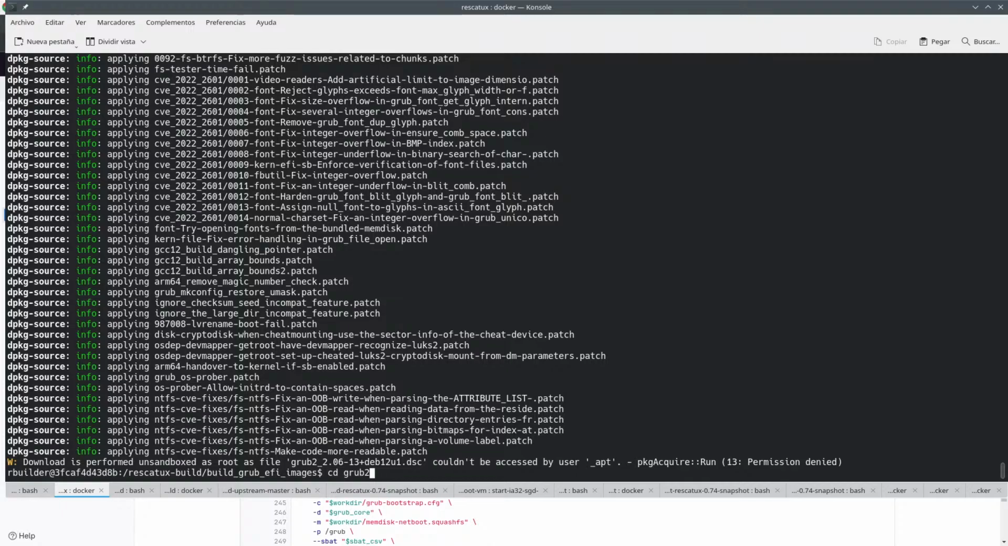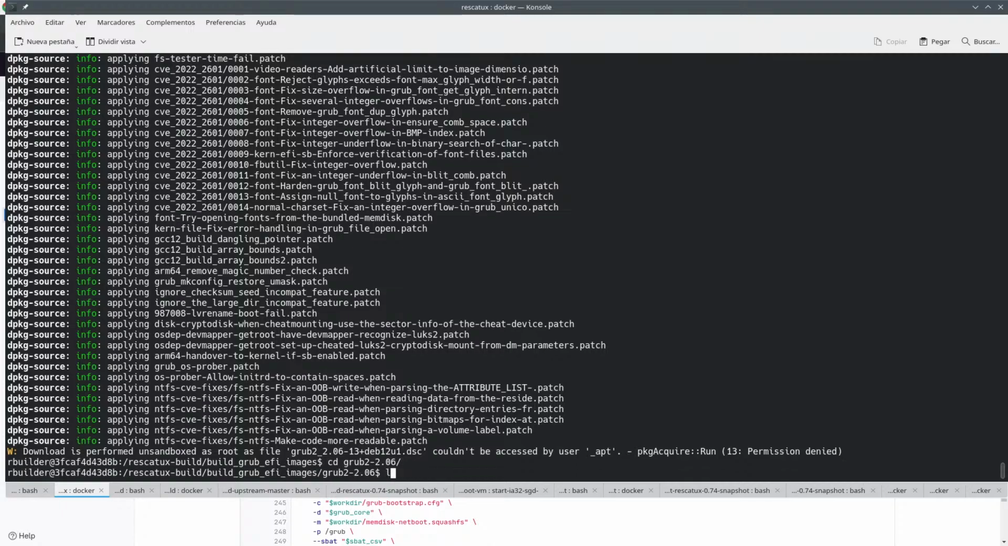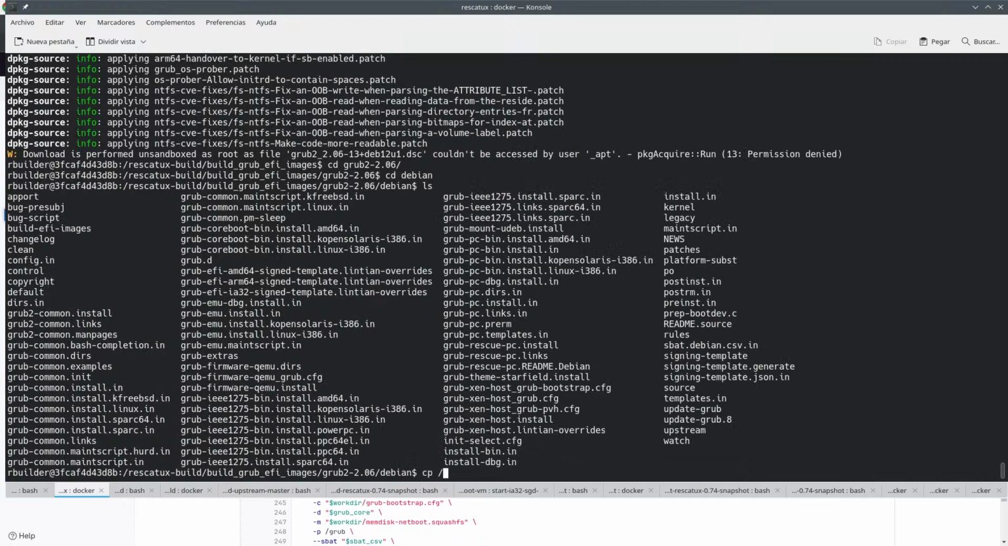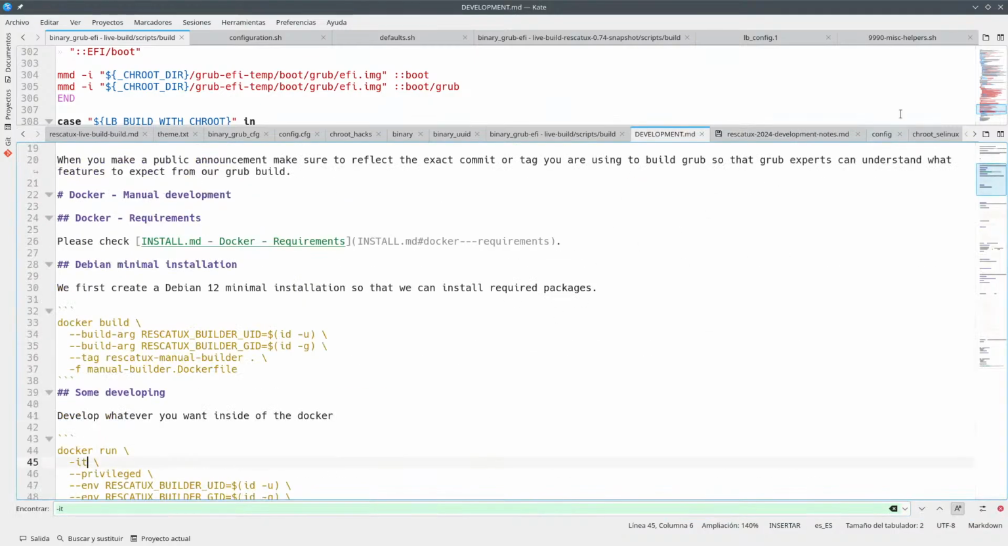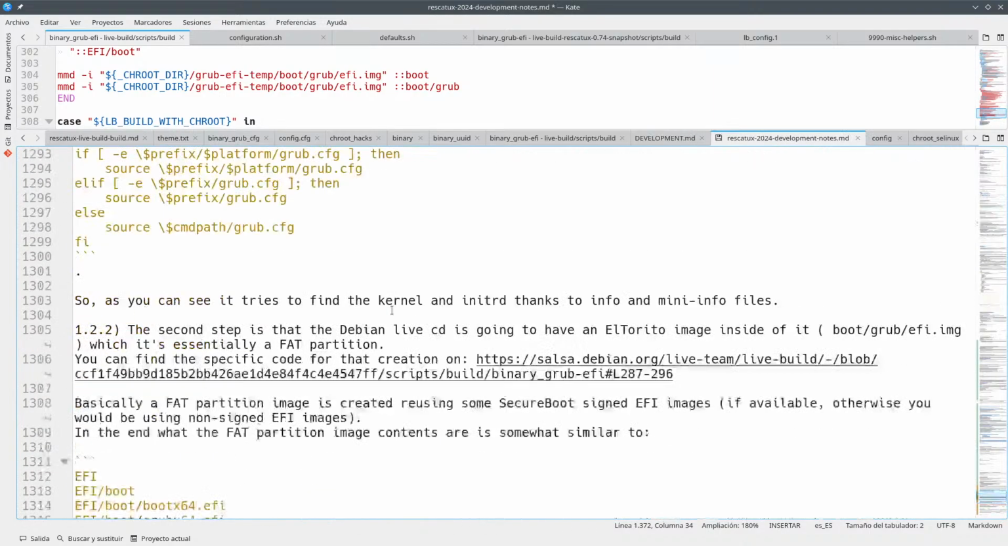so here we have the 206. Inside of Debian we can copy our Rescatux build, Rescatux release, build images. How do you build this thing? Build images. What's the script name? Let me check here. What's the script name? I mean, the script name is